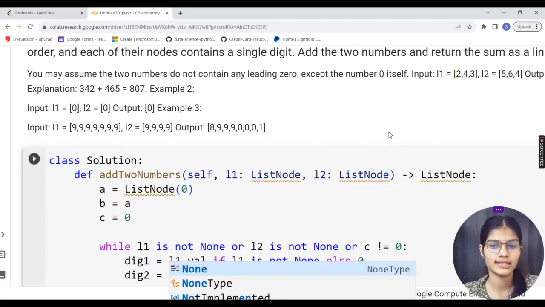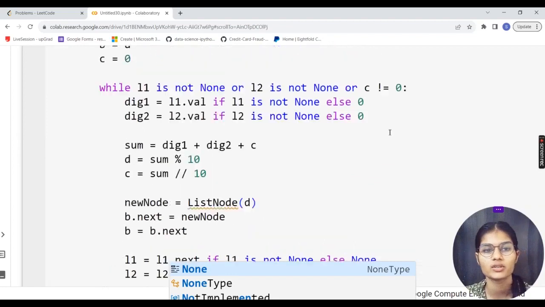indexes of both of the lists. And as a result, what should we get? We should get the sum of both of the indexes of both of the lists. But the condition was, if you are getting a 2-digit number as a sum, you have to return the first digit and write the second digit. The first digit will be a carry and the second digit will go onto my output list. This is my whole program which was required to write.